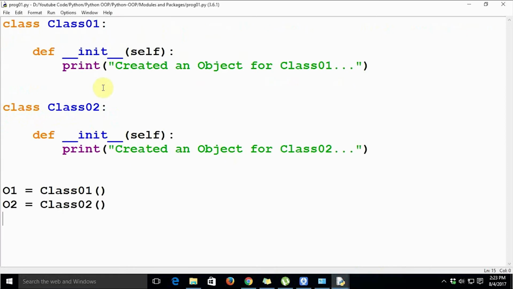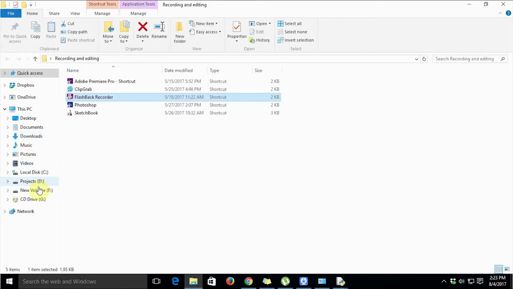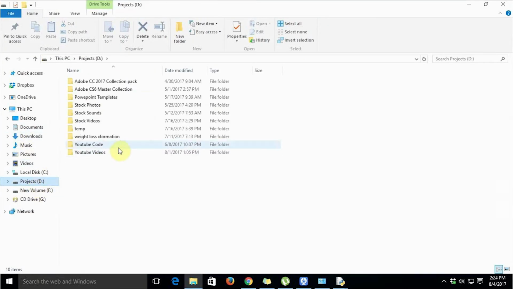Now, if you have observed, when I want to run a Python code file, I have to click the option Run Module. So in Python, a code file with the .py extension is also known as a module, and by default all code files are modules, and modules can be used in other code files or modules in our projects. Let's see how we can use the Python code files in other modules.